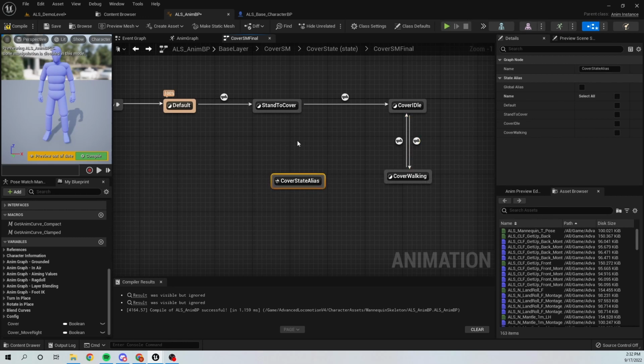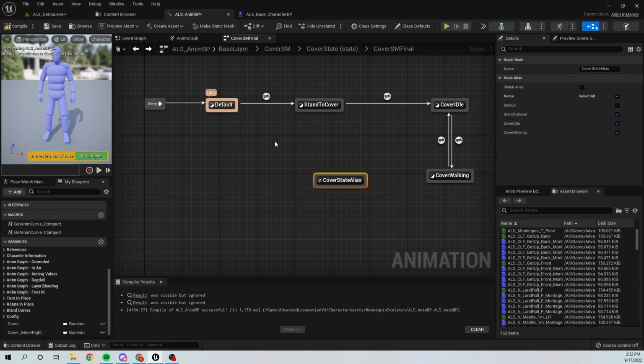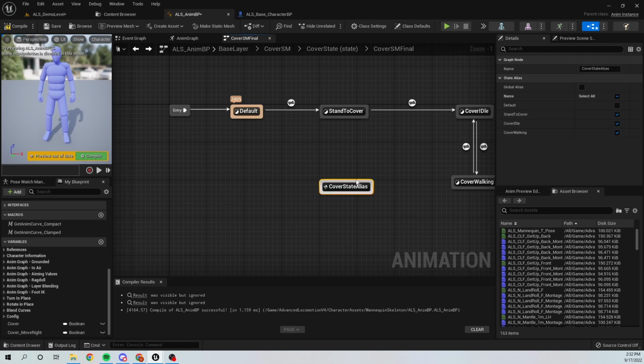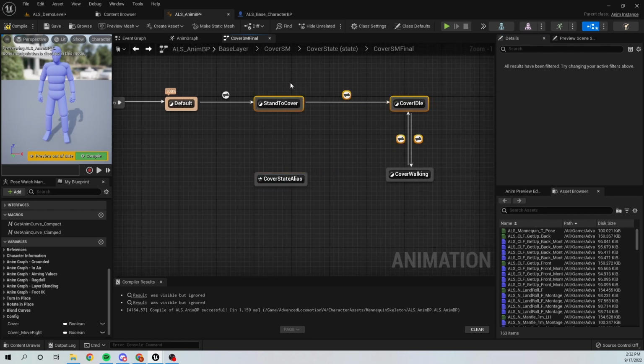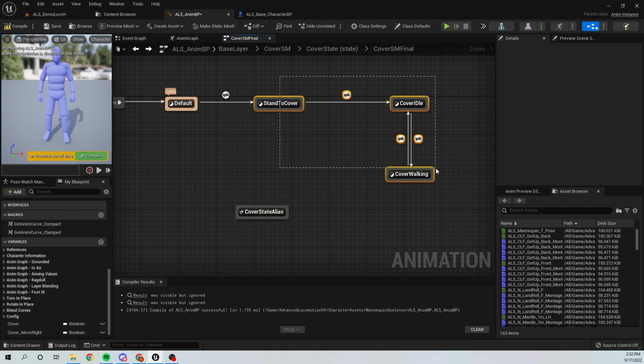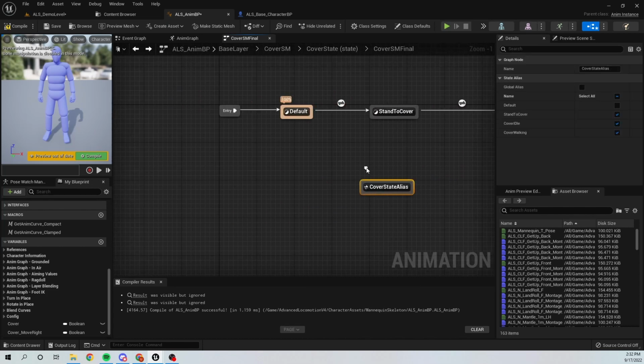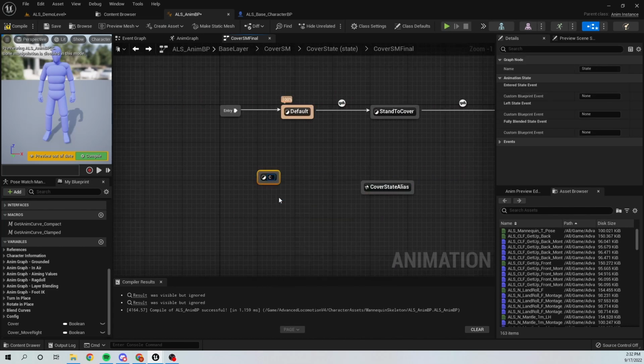So we can perform exit cover animation from our cover idle, and also while stand to cover, we can also perform the cover out animation, and also we can perform this functionality when we are performing walking. So these are state aliases that represent these three states. So we will go from these three states to our cover out, cover exit state,